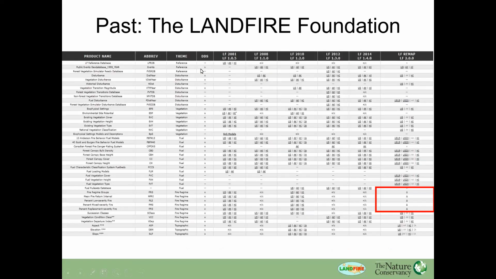So I don't expect you to read this, but I think it's important to see that this is a Herculean effort, in effect. The rows on the left represent all the products that LANDFIRE delivers or has delivered. The columns across the top, starting at least in about the fourth column, all the way to the right, represent the different versions. And the little letters in each box represent the different geographies. So it's a lot of products over time that have been created and delivered and made available.